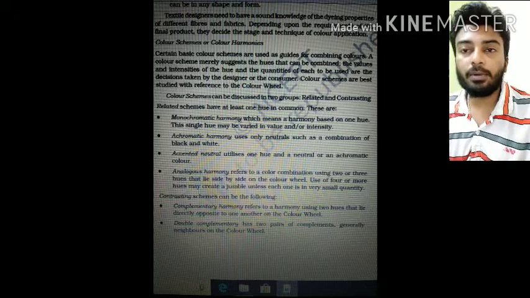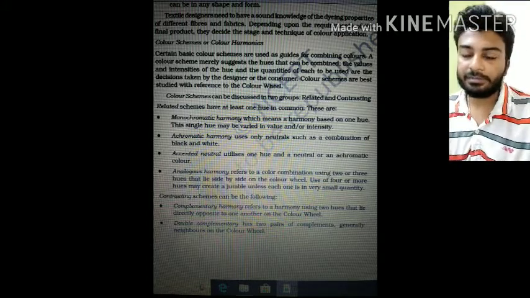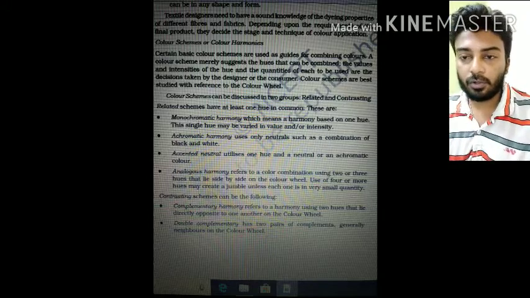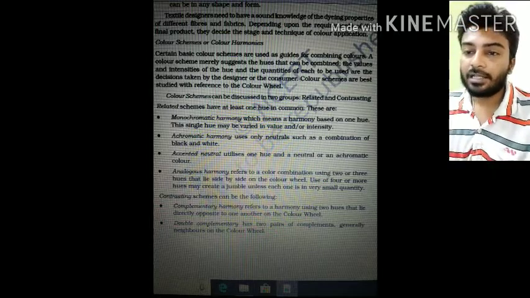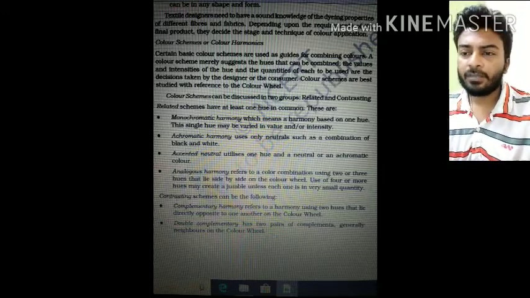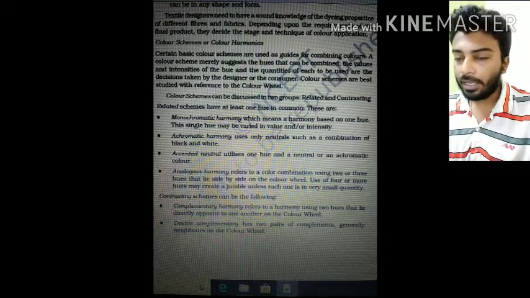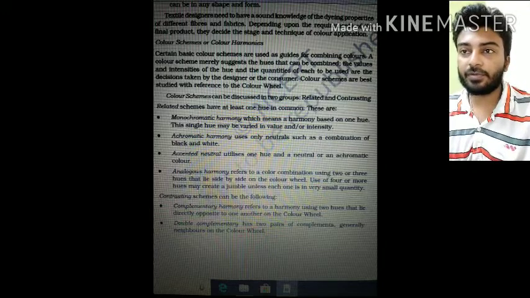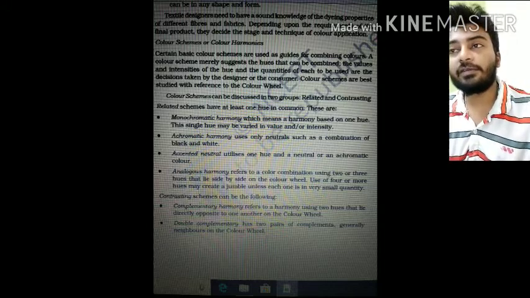So now this is all about these related color schemes, and now we move on to the contrasting color schemes. Contrasting color schemes also have 2 or 3 types. Number 1 is complementary harmony, which refers to a harmony using 2 hues that lie directly opposite to one another. So this involves 2 hues which lie opposite to one another. Okay. And the second one is double complementary harmony, which has 2 pairs of complements,